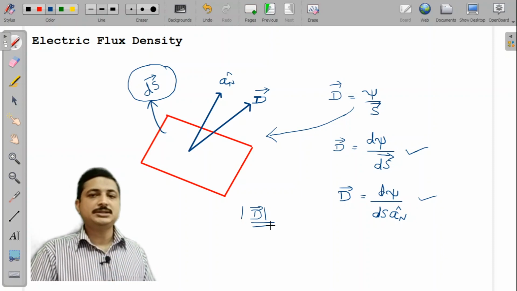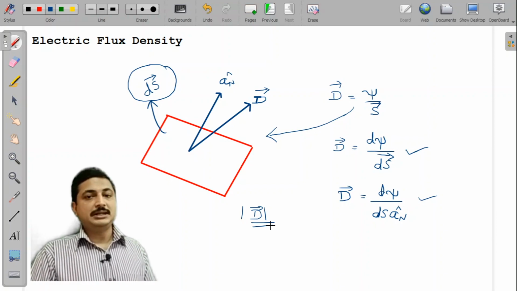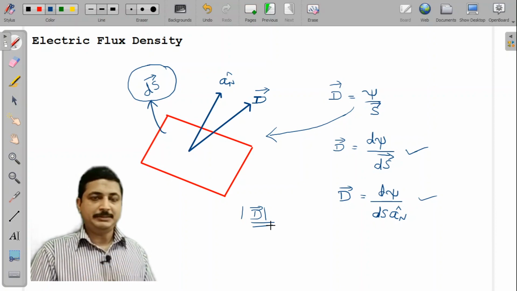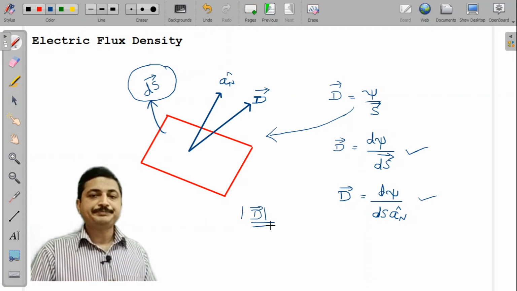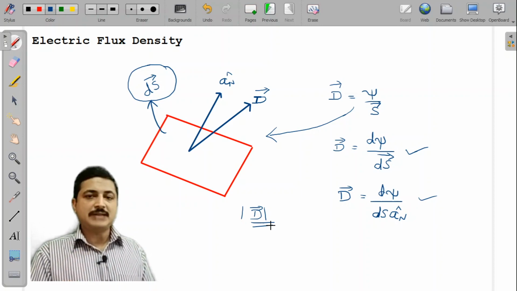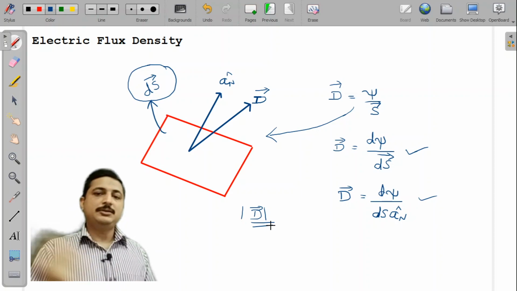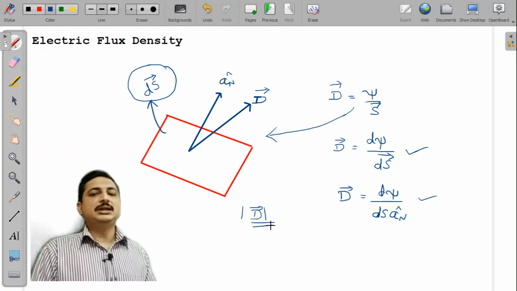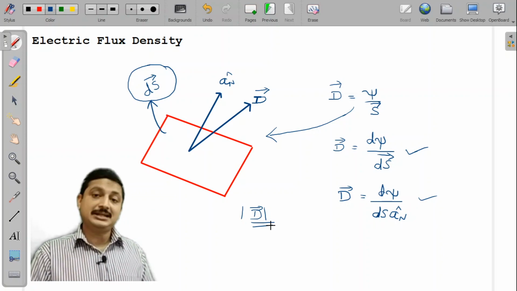If you need bookish definitions, it will help for exams. But conceptually I think electric flux and electric flux density are now very clear. So to summarize, what is electric flux? Electric flux is nothing but lines of force originating from a positive charge and terminating on a negative charge. And if a negative charge is absent, these lines are expected to terminate at an unknown locality, or we call it infinity. And this number of flux lines will tell me the strength of the field.